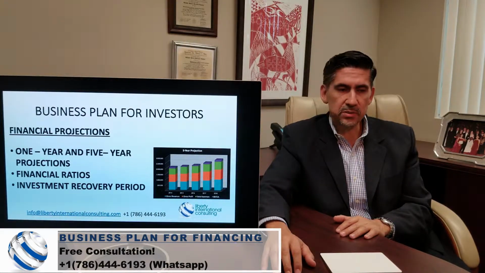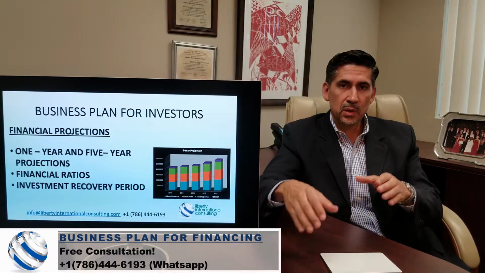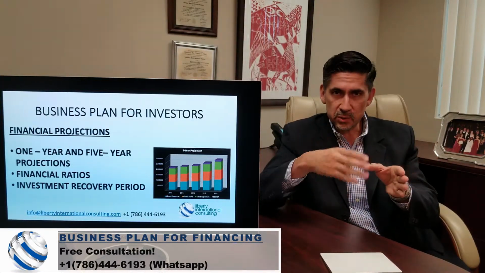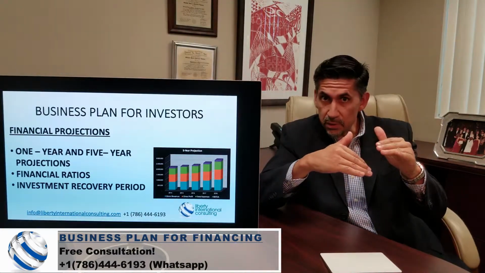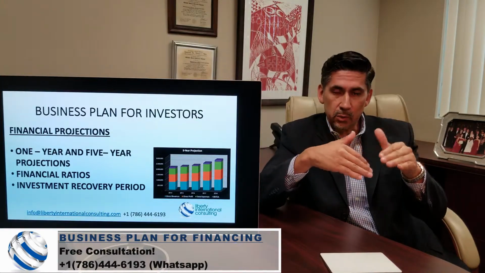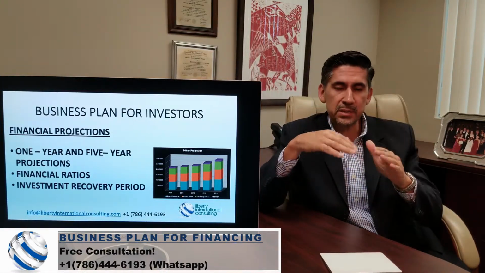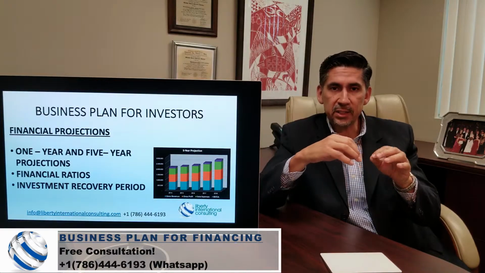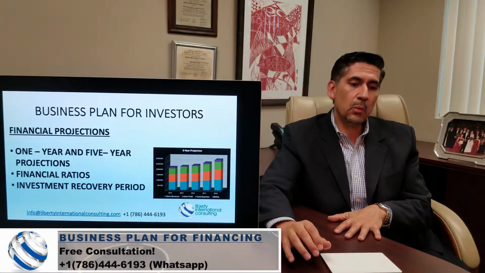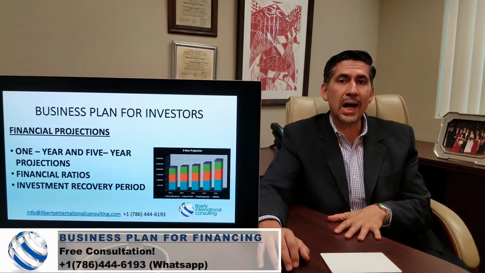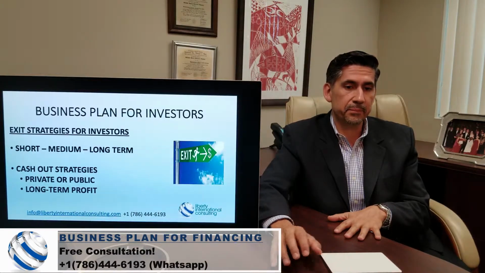Regarding financial projections, it's better to break it into from 1 year to 5 years. Do it by years and show all the income, all the cost of goods sold, gross profit, and then all the expenses, listing all the expenses, and then finally showing what the profit could be. You should also use financial ratios so they could know what the investment will return and what the investment recovery period would be. That's something very important for them, so they know how soon they could recoup their money.